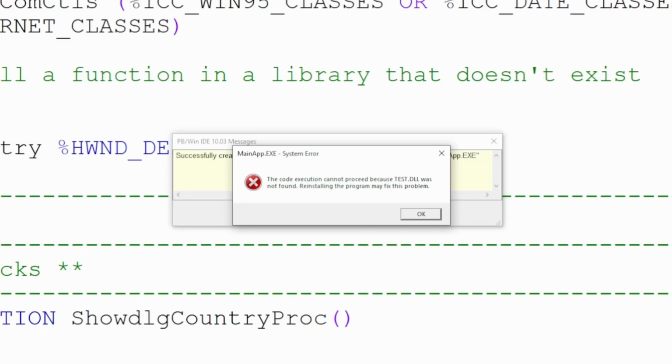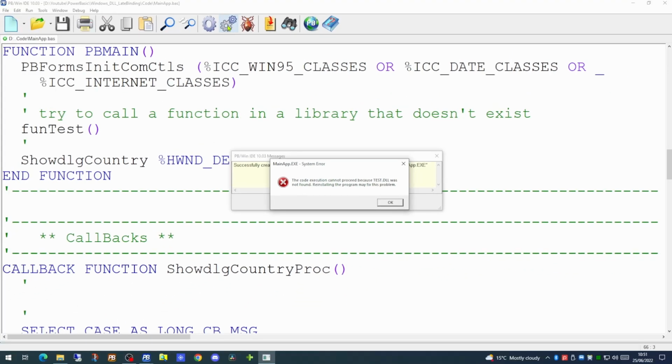And as it does not exist, the user will always get this system error appearing on screen. This is not particularly user-friendly and gives no guidance to the user as to where they can obtain the DLL or what they need to do to report the problem.